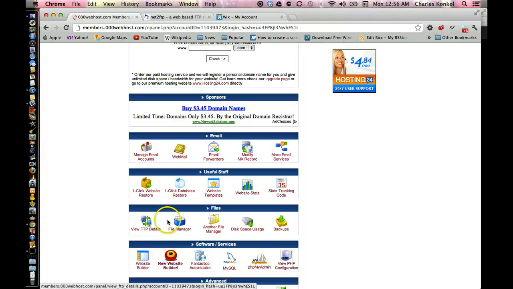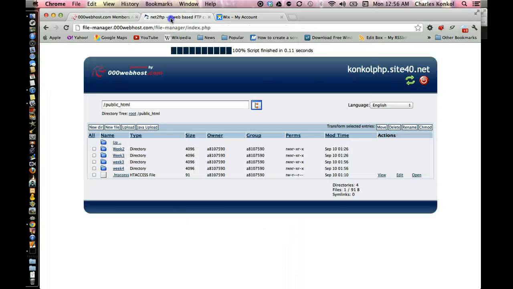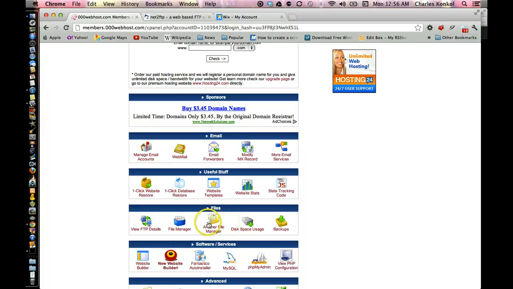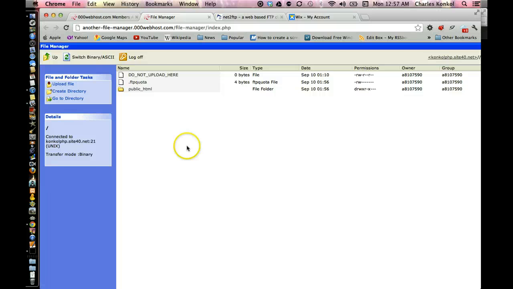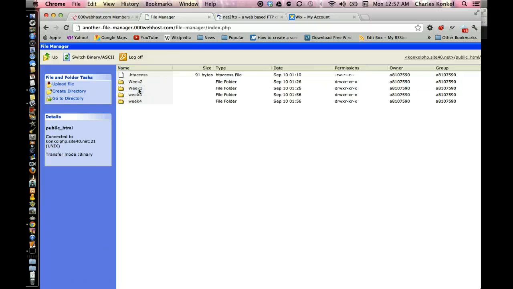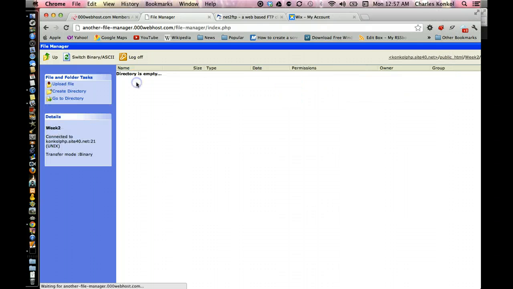Now the first few weeks, most of the files that you'll be uploading will be 1 or 2, so you could actually use the file directory to upload your PHP files into your folders. They do have, I believe, also an interface called another file manager. This one's supposed to give the ability to drag and drop files. So if I double click on public HTML, go into week 2,